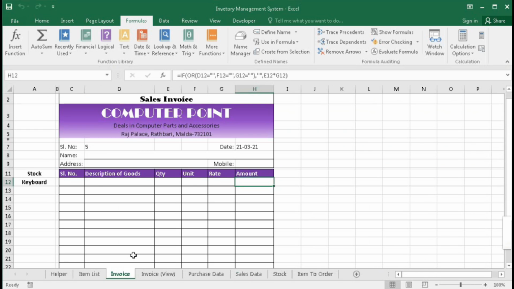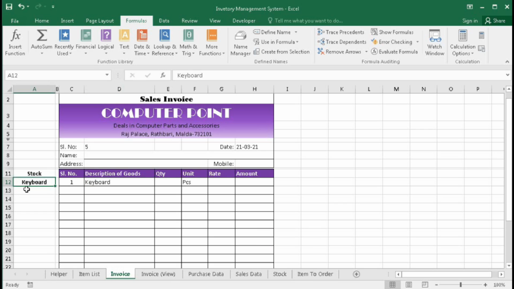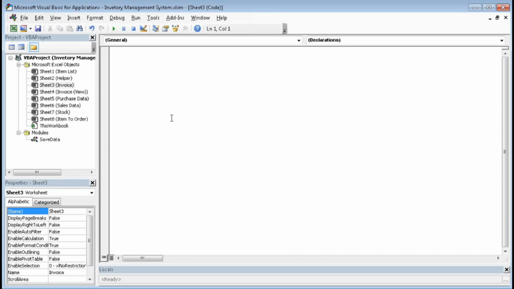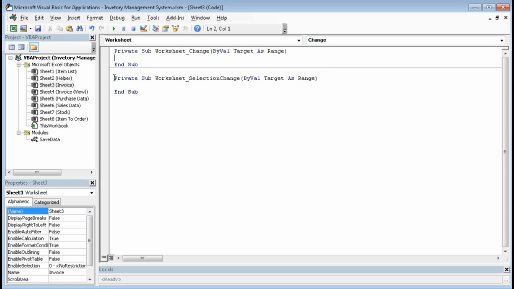Now we will do when we will select keyboard. Here the value should be keyboard and the current stock should be shown. And if I select here mouse, here should be mouse and the current stock of mouse should be shown. For that, right click on this sheet and click view code. So it is a worksheet code. So here select worksheet and here select change and delete this one,